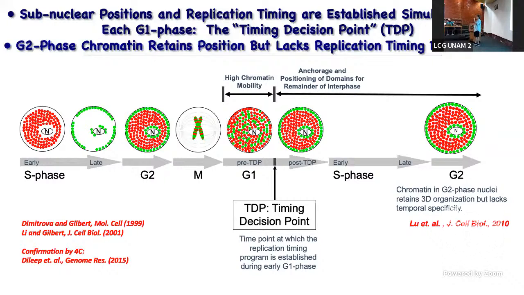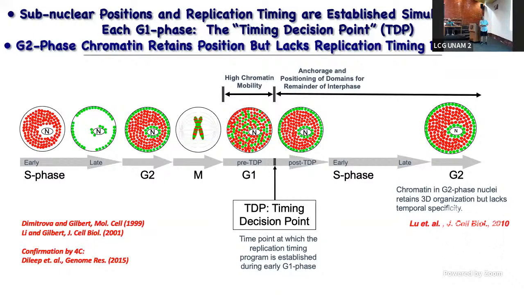And by doing that, what we could do is ask questions about the preparedness of the nucleus for carrying out the proper replication program, right? And what we found was that with nuclei at this stage of G1 phase, replication proceeded randomly, in a random temporal order in our cell-free system.